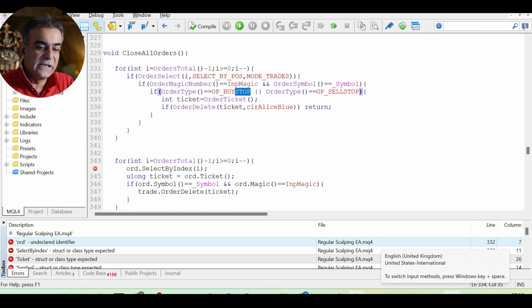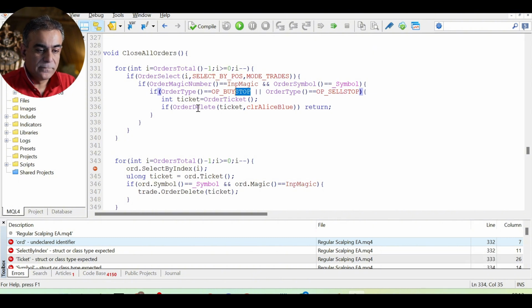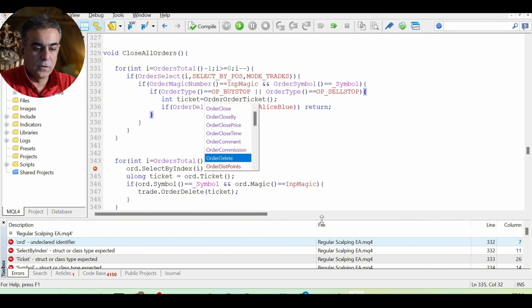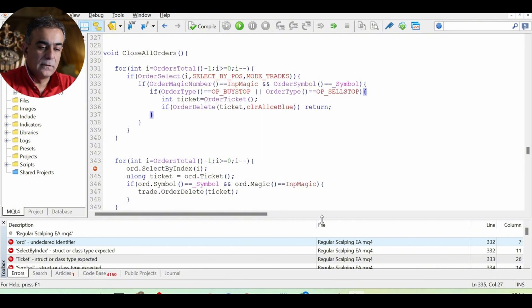We only want to delete the orders which are pending on the server once the trading period is finished. So we check for that as well. Then we get the ticket number exactly the same way as here, but not using the OR ticket, but like I showed before, you start typing order and then you get order ticket. So this is the way it works in MetaTrader 4. So we get that, put it into ticket, and then we use the order delete command by sending the ticket